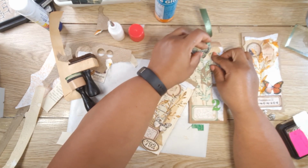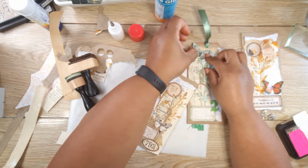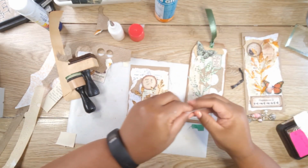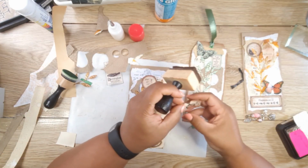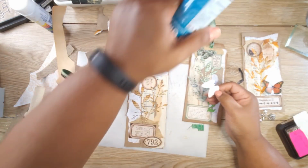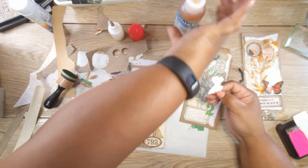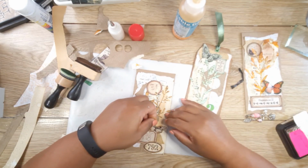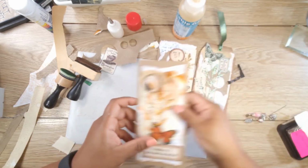Okay, it is sticking out. So let's change the direction of it. There. And then this. Yeah. Don't want to add anything. The reason is that we are going to